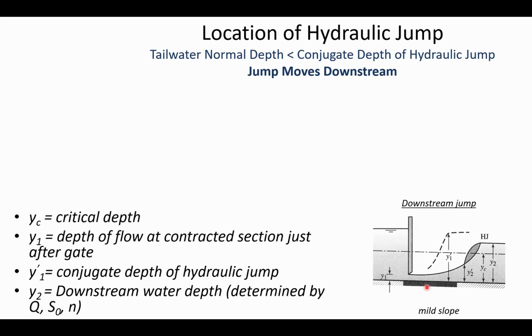So the channel is steeper, meaning that the tailwater rating curve is going to be different than the hydraulic jump rating curve. So if the tailwater normal depth is less than the conjugate depth of the hydraulic jump, then the jump moves